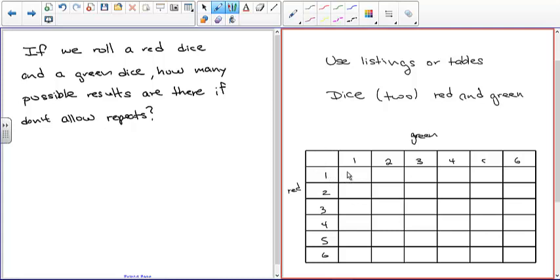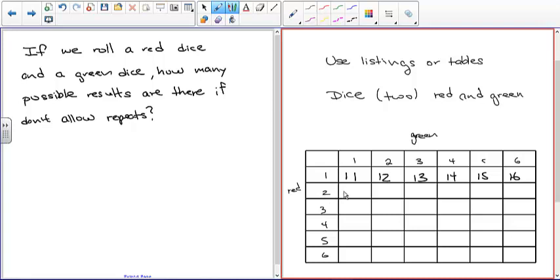So what I'm going to show here is here's the green dice, there are 6 possible sides. Here's the red dice, there are 6 possible sides. In these squares, I'm going to write the first number as the value of the red dice, and the second number as the green dice. So that's the red dice is 1, the green dice is 2. The red dice is 1, the green dice is 3. The red dice is 1, the green dice is 4. And you can see, once I establish a pattern, I can start going down. So the first number is 1, the second number is 1, 2, 3, 4, 5, 6. And then we go to the next row.